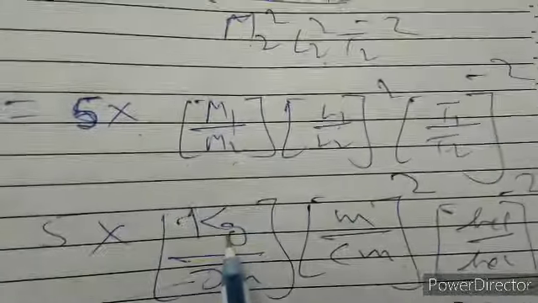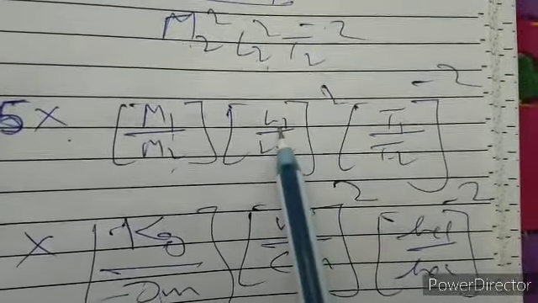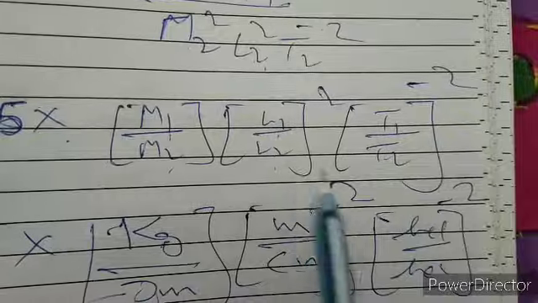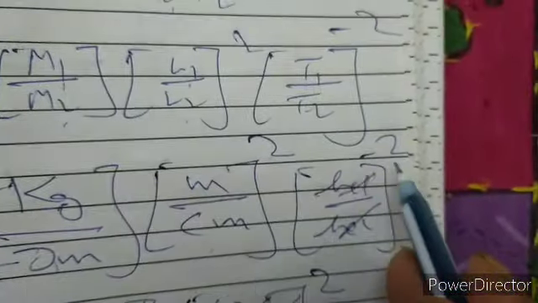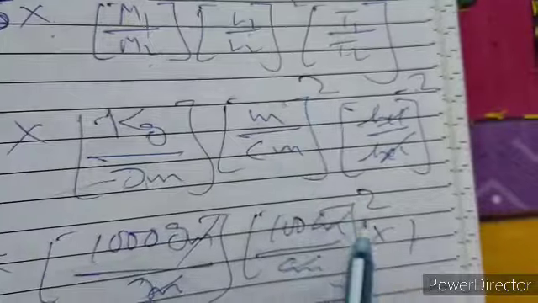Now in the first unit this is in joule. Joule is the SI unit, that is the MKS unit. Then mass is in kilogram, and we have to change it into the CGS system. In the CGS system mass is gram. In the first system L1 is meter, in the second system centimeter. In the first system T1 is second, in the second system this is also second. Then second cancels, this is 1. 1 meter is equal to 100 centimeter, centimeter cancels, and this is whole square.